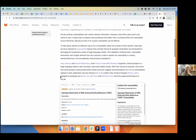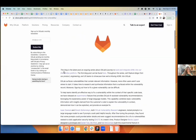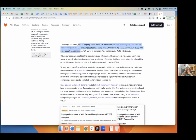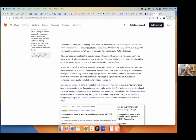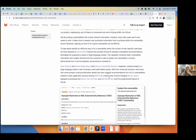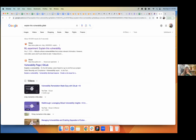Yeah, I remember that one. This is what I assumed that person was speaking about. But I'm curious to see yours. Oh, the first blog post can be seen here. Unless they were referring to that one: GitLab surfaces vulnerabilities that contain relevant information. However, more users aren't sure where to start. It takes time to research and synthesize. So maybe she's just looking for a little bit more. Yeah. Anyway,